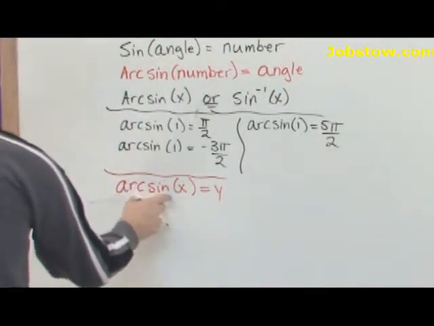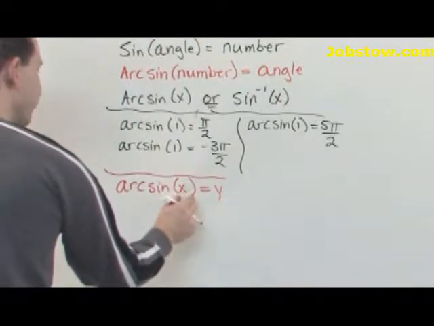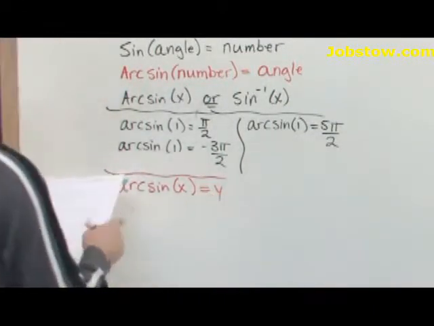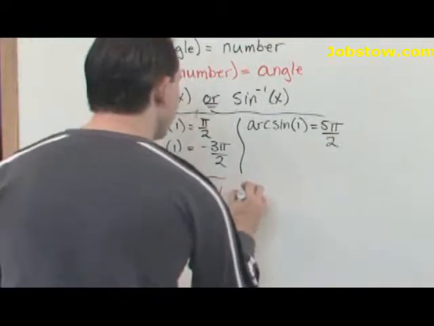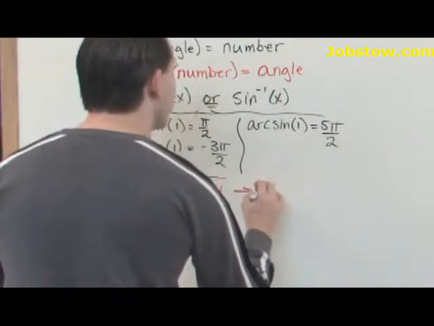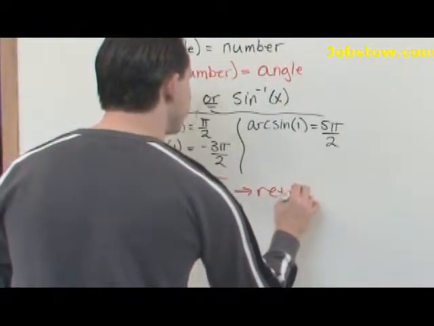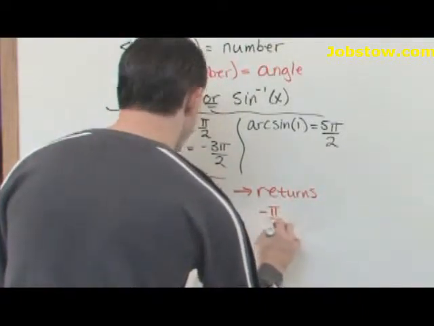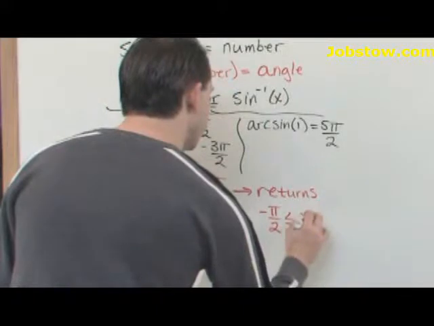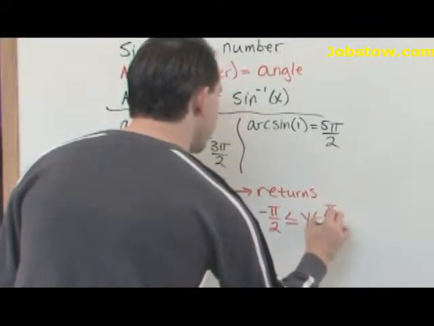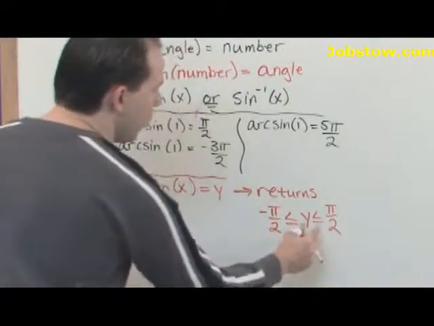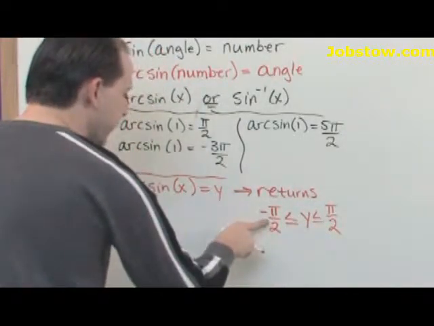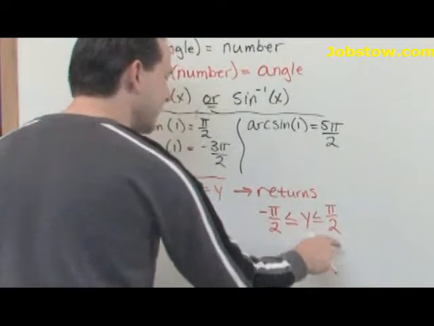When you take the arcsine, you're taking the arcsine of a number between negative 1 and positive 1, and you're getting back an angle. And what you'll see in the book is it returns values of y that's negative pi over 2 to positive pi over 2. Remember how to read this. Y is greater, reading it this way, greater than negative pi over 2, and y is less than positive pi